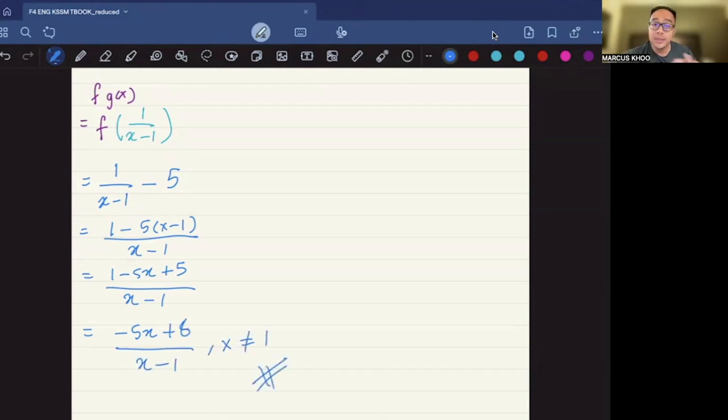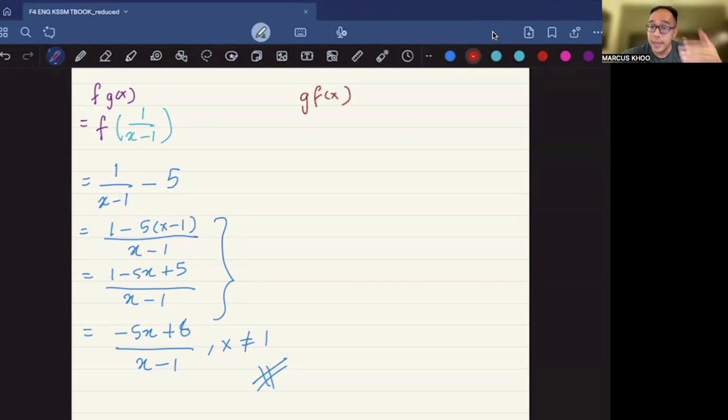This is slightly more complicated, I know, but just to let you know that these few steps are actually from Form 3 mathematics, the simplification of algebraic fractions, which you need to already be a master of. I really hope that you're a master at this point. If not, please practice. Secondly,